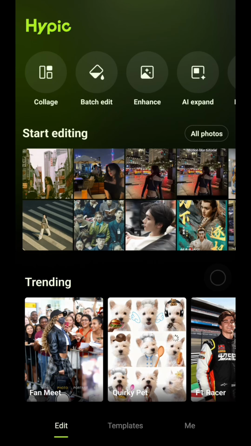First, just open Hypic app like this. If you don't have it yet, just download it for free from the Play Store, and then just open it and choose the photo that you want to edit